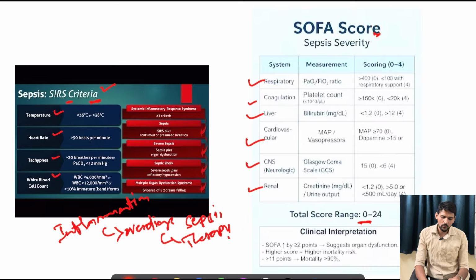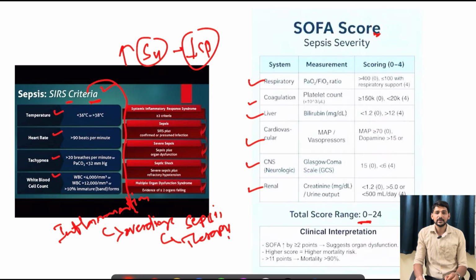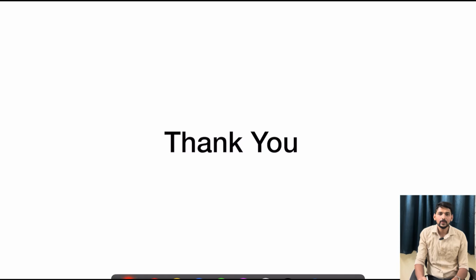So the only drawback was it used to lead to overdiagnosis, like the sensitivity was very high but the specificity of finding out sepsis was very low. So even in some inflammatory conditions, it used to give higher scores. So we used to treat with the usual sepsis protocols. So that was some kind of overtreatment. That's why they have stopped utilizing SIRS criteria. So it is only the SOFA score, and for screening, new scores like NEWS one. So these are a few things about scores.